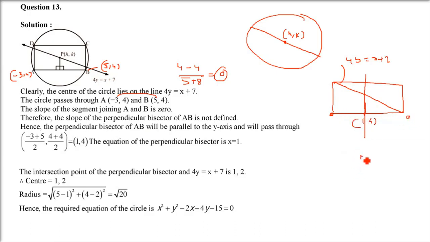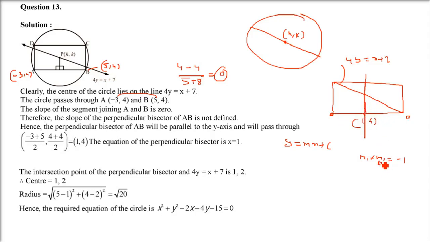And what will be the equation of the perpendicular bisector? How do you get it? As I said, this AB is parallel to x-axis. So of course the perpendicular on it will be parallel to y-axis. So it will be only x coordinate. I hope you got the idea. This perpendicular bisector on AB is having only x equals 1. Because it is parallel to y-axis, only x coordinate will come. So the equation is x equals 1.